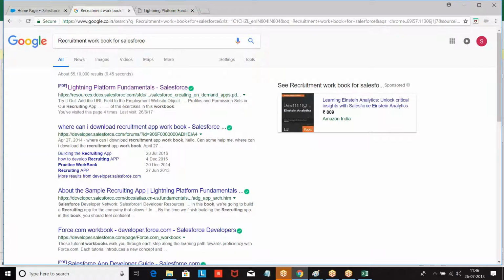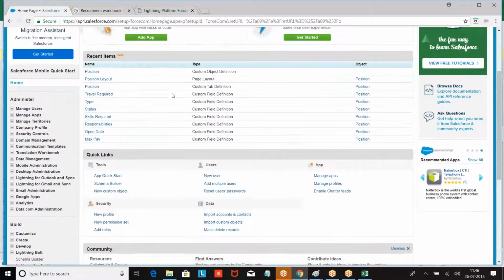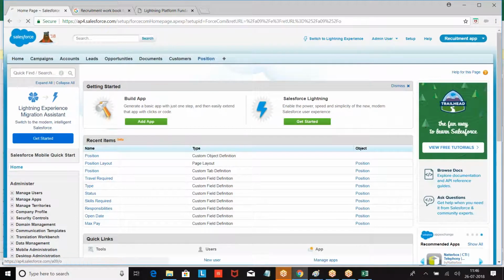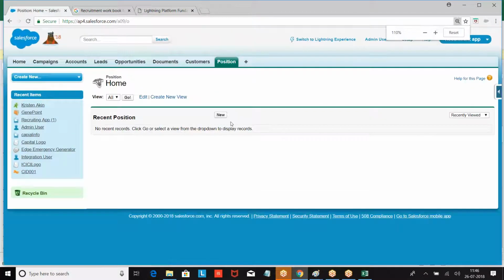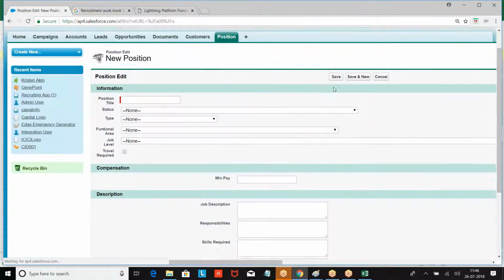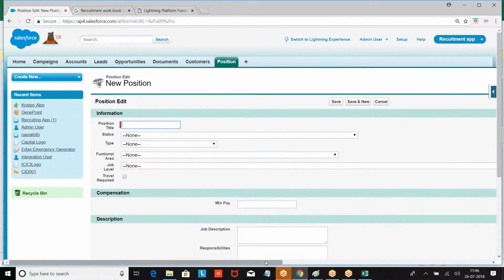Now we have enlarged the screen, I guess. Now go back to the page, click on position. Now, okay, look at this.